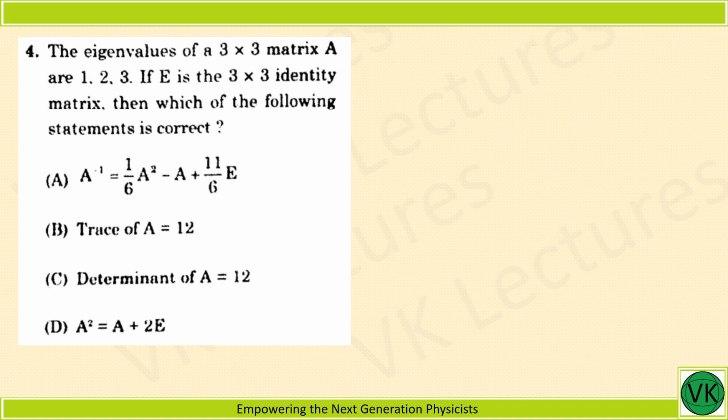Here we have a question from linear algebra. The question says that there is a 3 by 3 matrix A with the eigenvalues 1, 2 and 3. If E is then a 3 by 3 identity matrix, then which of the following statements is correct? Now from the Cayley-Hamilton theorem, we can write the